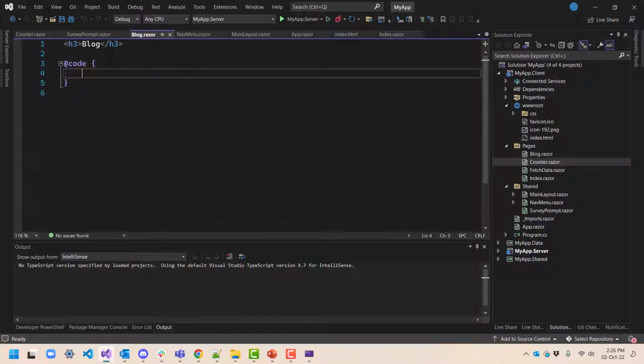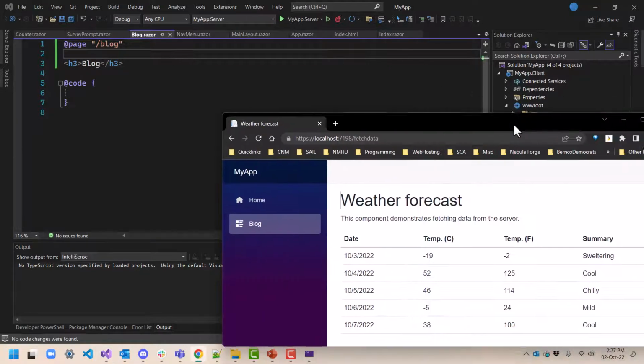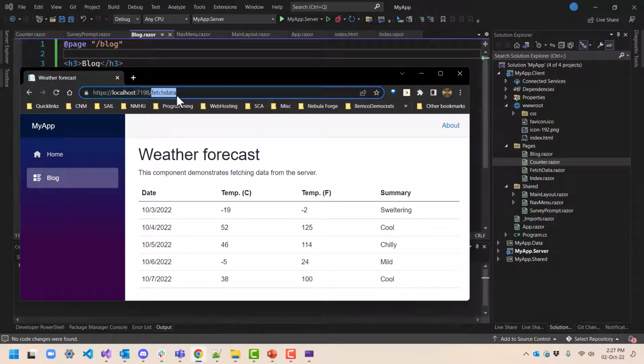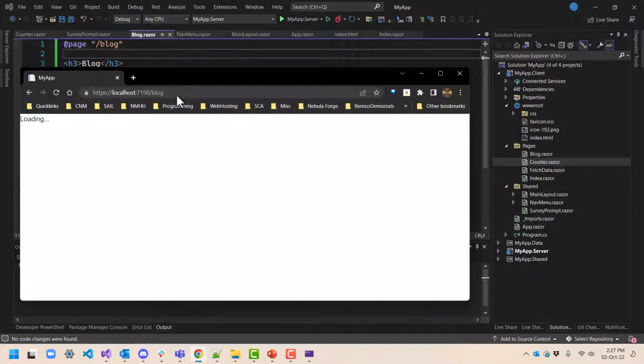So in my blog, I'm going to add at the top, if this is a top level page, an @page directive. And I'm going to put a slash and whatever I want the extension from the URL to be for this. So I'm just going to put this for now, /blog. And what you'll find is now if I go to blog,